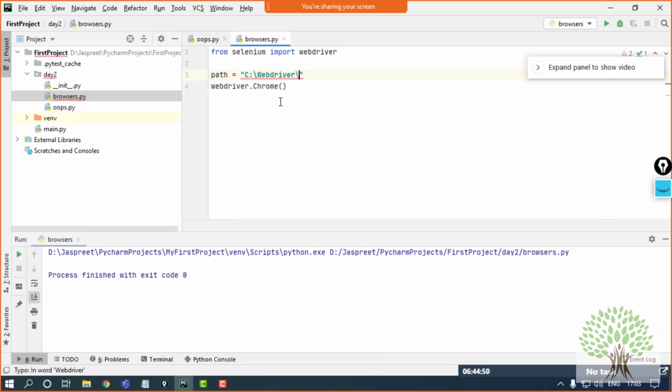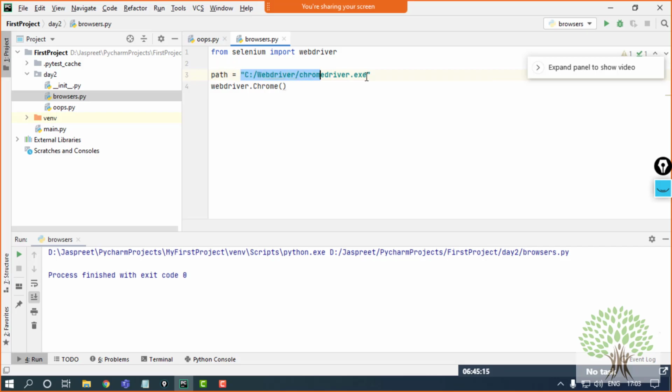You need to be very careful about the spellings, otherwise it is going to give you an error even if you have given the path correctly. Now, giving a path in Python is very specific. You can use double backward slashes, or you can use a single forward slash. That's totally up to you, but don't forget to change the slashes.